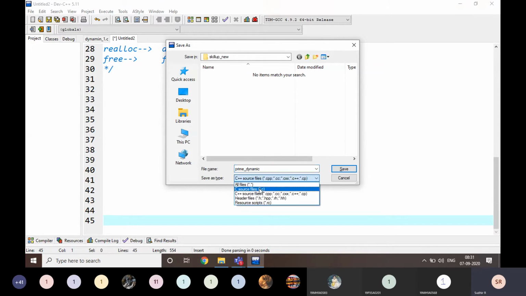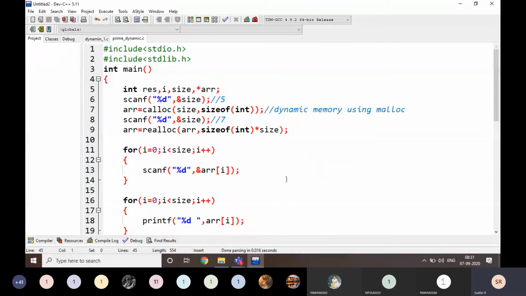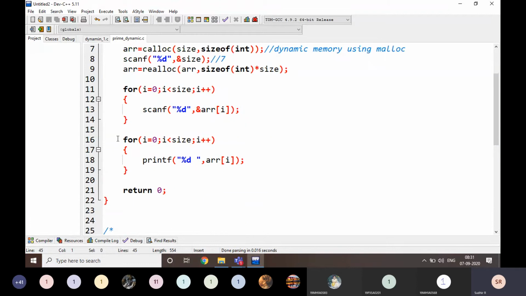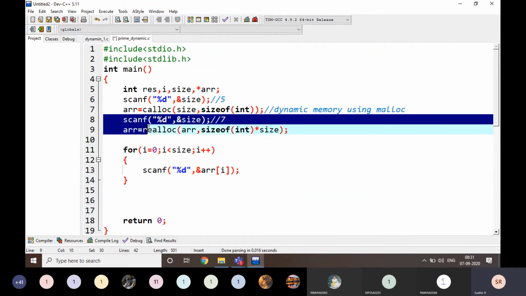I am going to write prime underscore dynamic, meaning how many values are dynamic in this program. Here I am going to read the values. Just observe here.